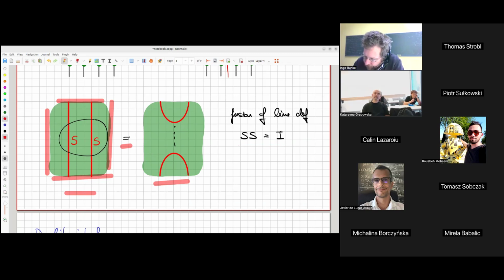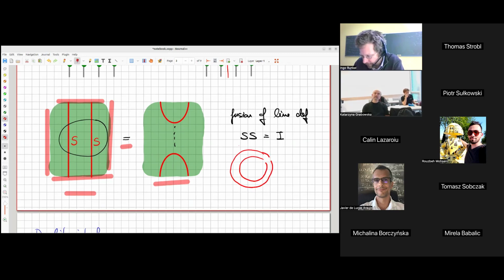And what you could use this for is, suppose you've got two red circles like this, then you can say, okay, this is equal locally to this, but now it's a topological defect, so I can drag this around until I arrive just at a single little loop like this. And then this I can omit entirely. And so therefore, I have two parallel lines, which are also closed, I can remove entirely. I now understand better. So you're saying that these are topological ones, so you can deform them. Right. Okay, I see. Interesting. Again, on the lattice, it's exact. So it's just an identity of finite sums, and you can sit down and do them.